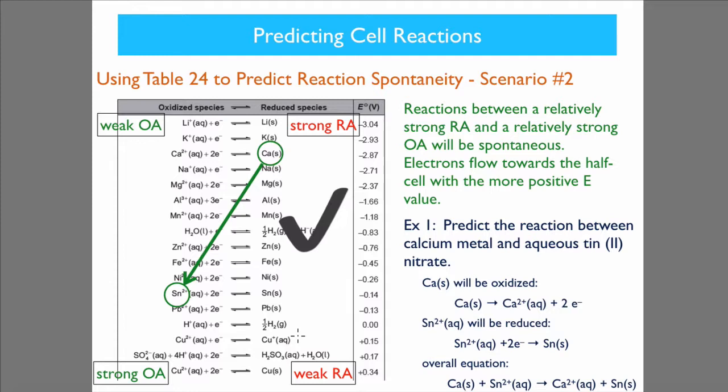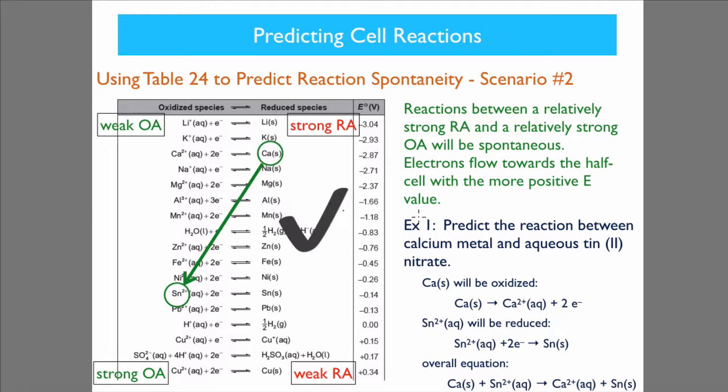Okay, here's a few nice little rules to remember for when you're predicting cell reactions. If you've got the table 24, you can just look at it and see the relationship to see whether a reaction is spontaneous. Reactions between a relatively strong reducing agent and a relatively strong oxidizing agent will be spontaneous. It's going to look like this: you're going to have something high up on the right hand side and something low down on the left hand side. Okay, and so basically if you circle the two things with this line, it's going